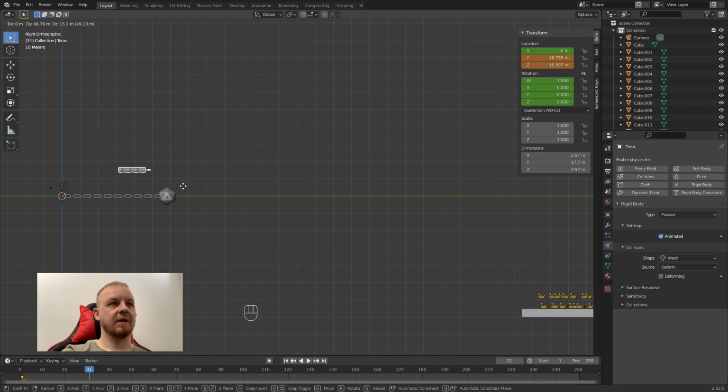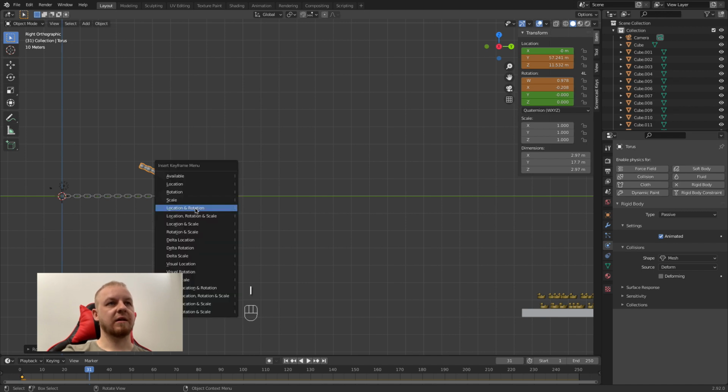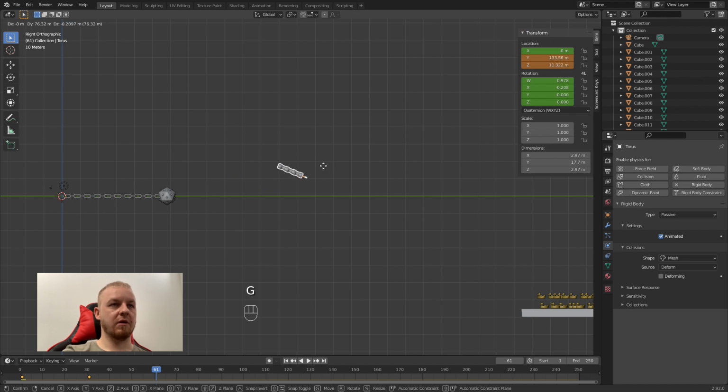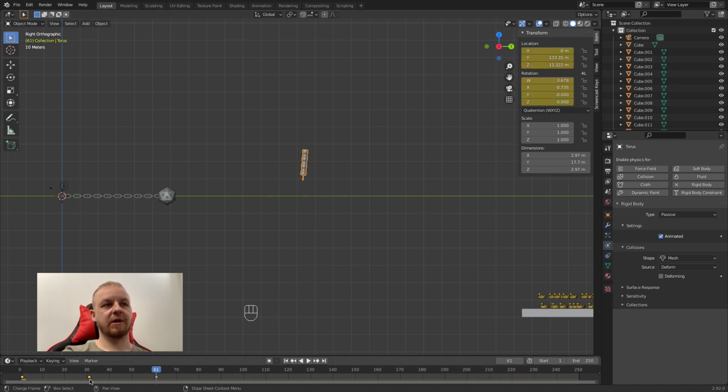move it up a little bit, and maybe rotate it a little bit and press I, and again location rotation. And now let's move again and move it more, rotate more, and I, location rotation. And you can see we have already 3 keyframes, and I will move it more